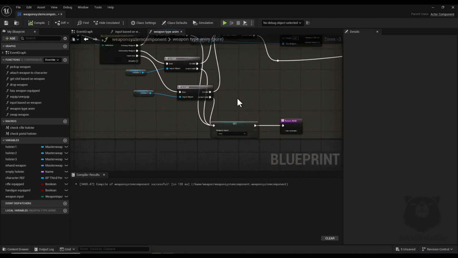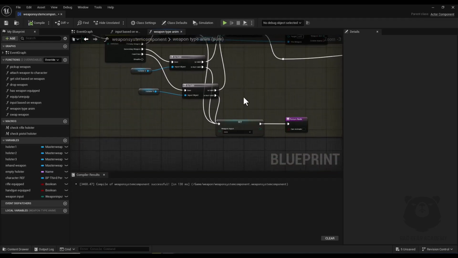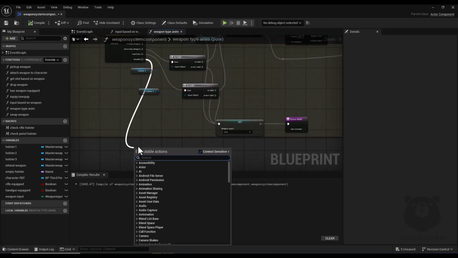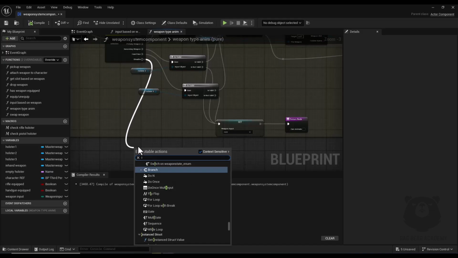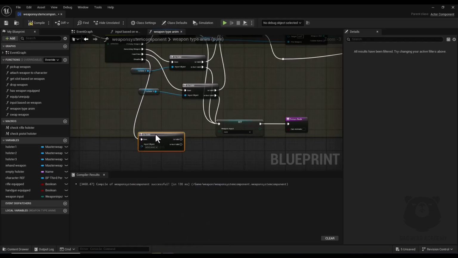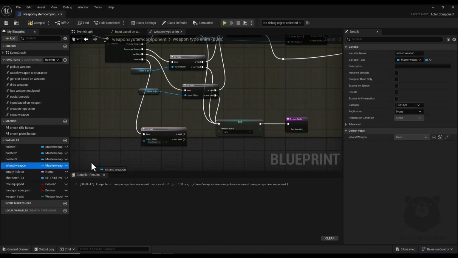I just simply drag a node from here and add an is valid node with the question mark, this macro, and again I connect my in-hand weapon variable, connected here,